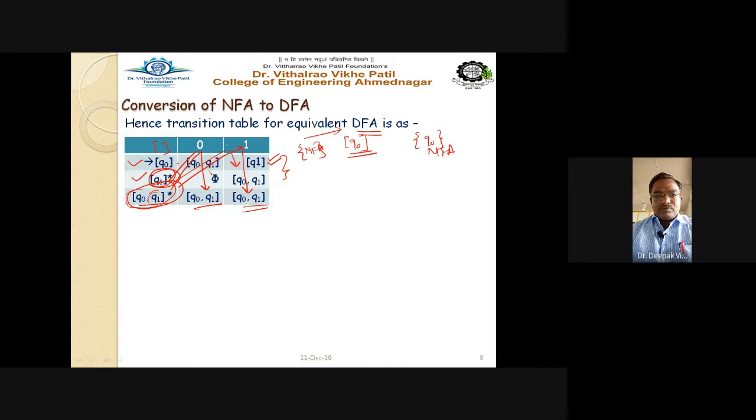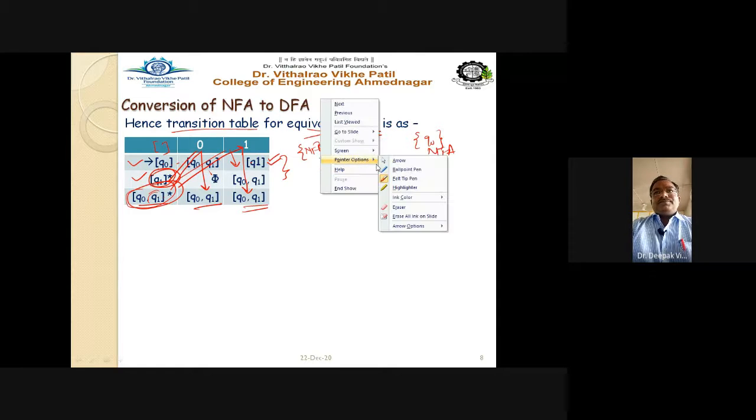So first, we find the new states, and for all the new states that are generated, we find their delta dash transitions. If all the transitions are finished and no new state is being generated, then we draw the transition table. We draw the transition table for the equivalent DFA, right? The next point,